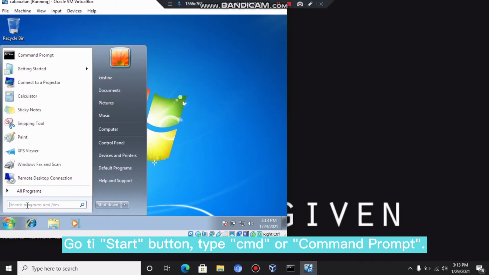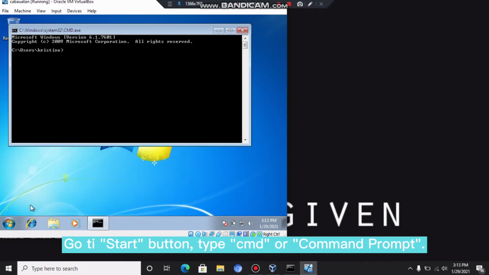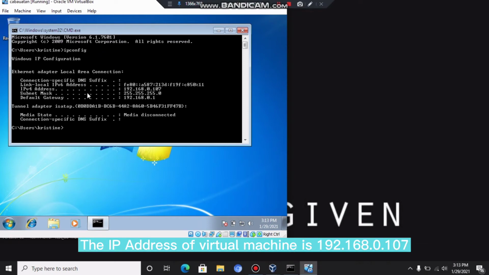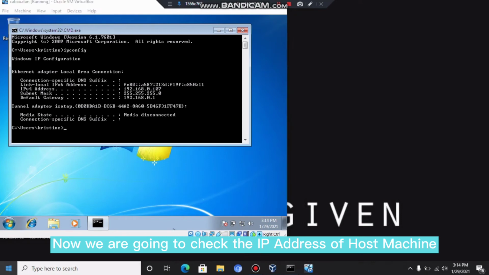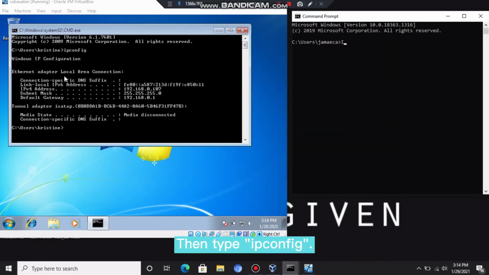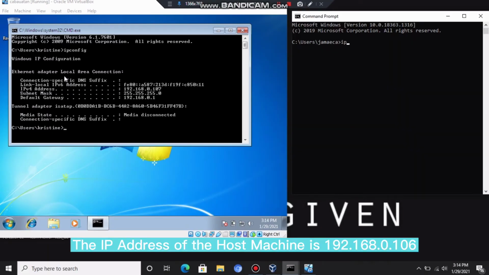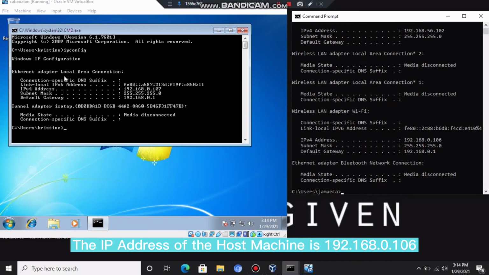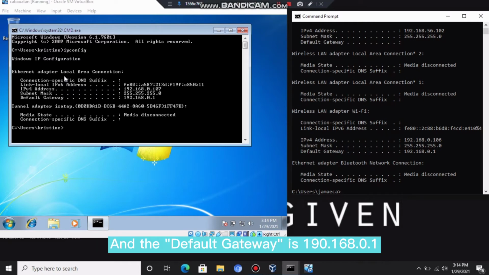Go to the Start button, type CMD or command prompt. On the command prompt, type ipconfig, then press Enter. The IP address of the virtual machine is 192.168.0.107. Now, we are going to check the IP address of the host machine by typing CMD on the Start button. Then type ipconfig. The IP address of the host machine is 192.168.0.106 and the default gateway is